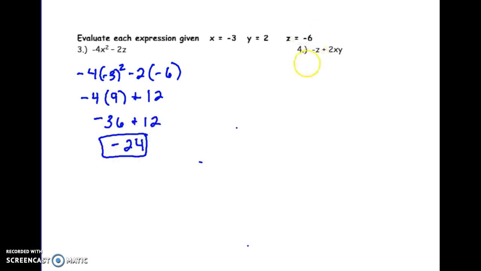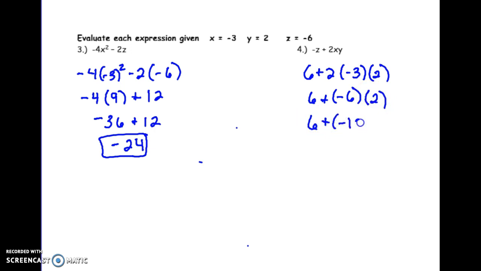Okay, number 4, a negative z. So if I have a -6, that actually becomes a positive 6. So it's going to be 6 plus 2 times my x, which is -3, my y is 2. Okay, following order of operations, this is going to become 6 plus, I've got a -6 because 2 times 3 is -6, times 2. So 6 plus a -12, or 6 minus 12, would give me a -6 as an